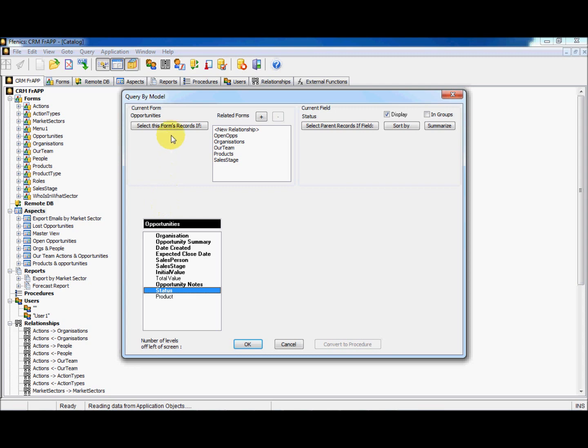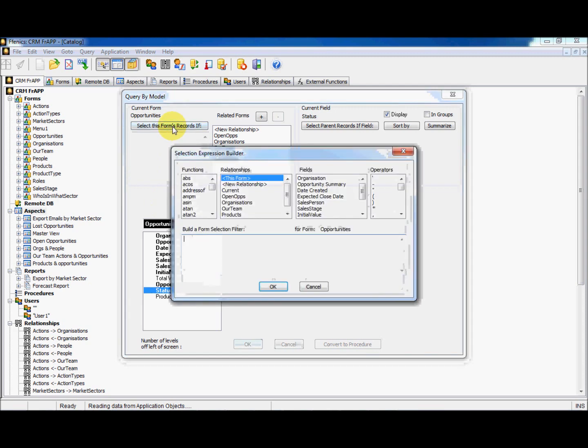We now need to click on Select this form's record if, which should be located in the top left of the Query by Model dialog screen. This is the part where we will enter a filter. Because we are creating an aspect for open opportunities, we need to make sure that all we get are the open opportunities. So, the formula we need to add in this case would be status equals open, and then click